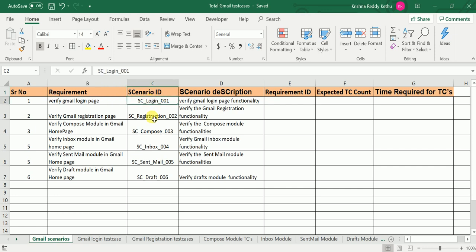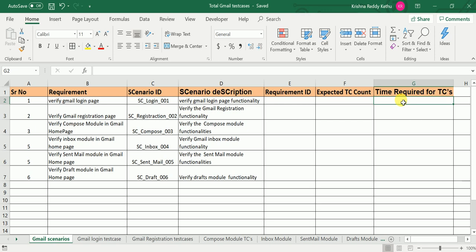Scenario ID we need to give to our scenario, and in the scenario description, you update which functionality you are writing that scenario for. Expected test case count is how many test cases we are able to write for this requirement; overall, we give that count here. Time required is how much time it is going to take to author the test cases for that functionality. So this is the scenario template.